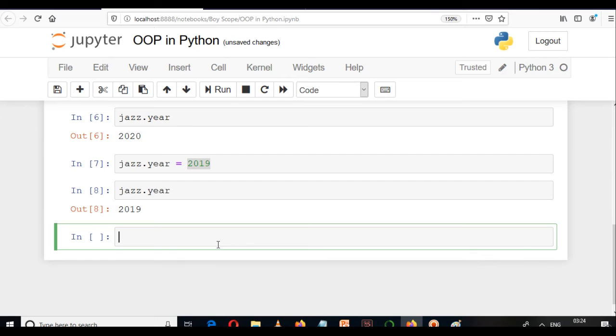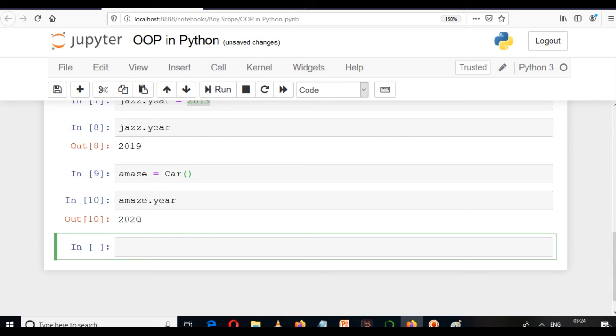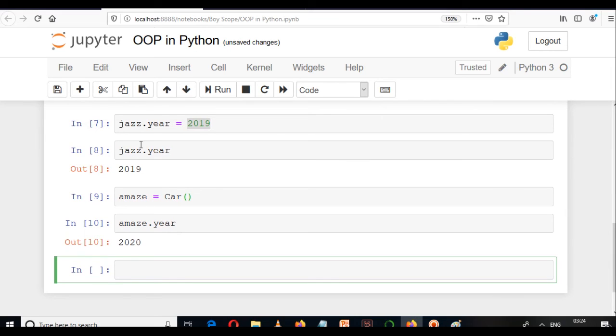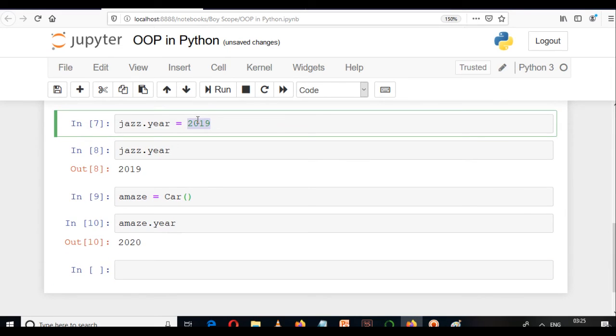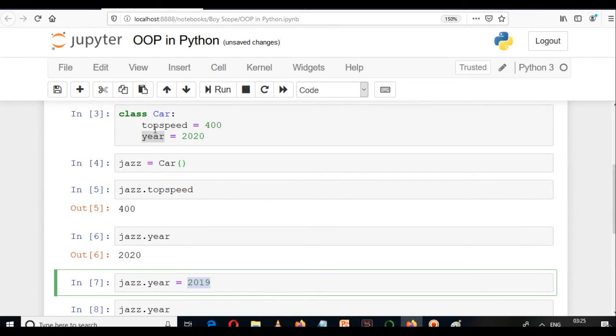Let's say amaze is equal to Car. Now amaze is an object that belongs to the same class to which jazz belongs, and when I write amaze dot year, it will be 2020. So you can see the difference: yes, jazz can change the value of that particular property, but that data will not be changed for the complete class.